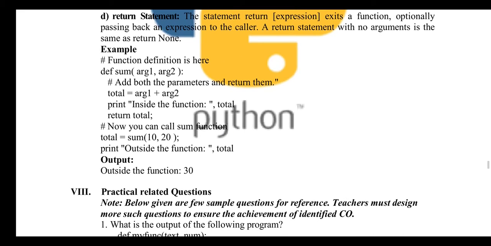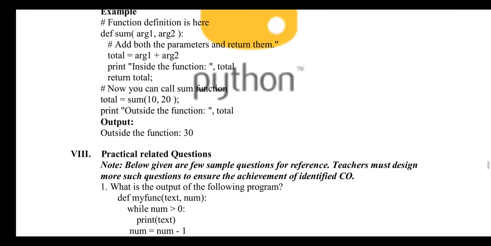Now we are using sum and passing two arguments. It will calculate its summation and directly return the value of total, and that value is collected. That particular value is also going to be printed outside the function, so it shows you the result outside the function.